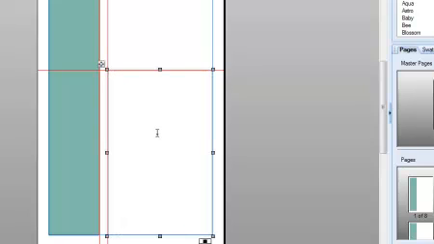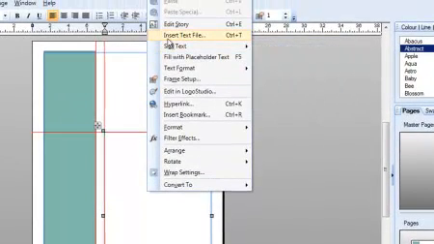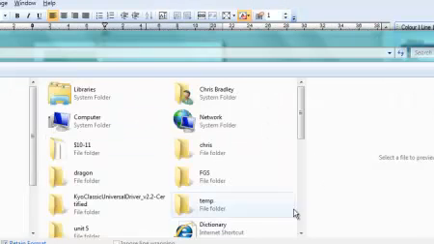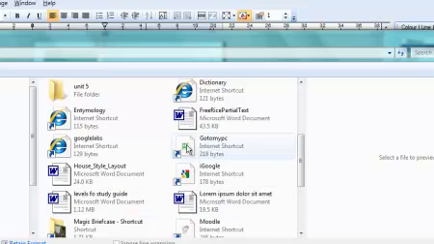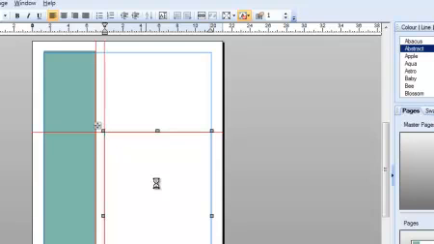Only this one page. Right click, and then it's insert text file. Now the text has been provided for you. That's normal in DTP. The copy, the text, is done by somebody else who's clearly expert at it, and you as a designer are involved in how to make that text most attractive. So insert text file, and I've got my text file saved for me already. There it is. Say open, and it starts to run in,